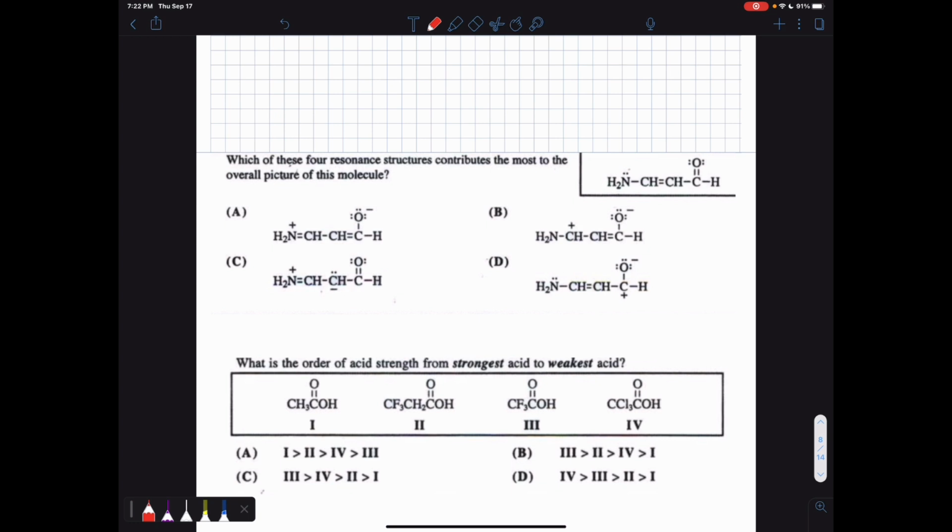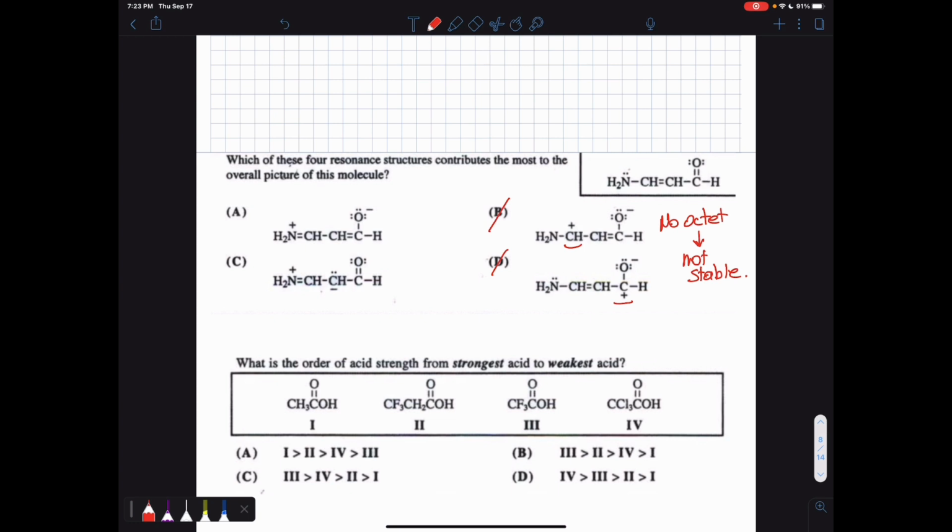So the first two choices that I can immediately eliminate are B and D. The reason is that B and D both don't have a full octet, as you can see here. So remember, the big rule is no octet, no octet means it's not stable. So now looking at A and C,